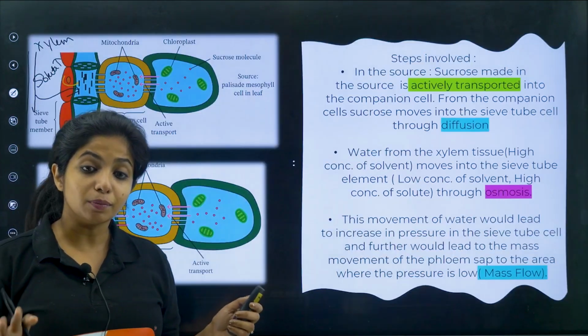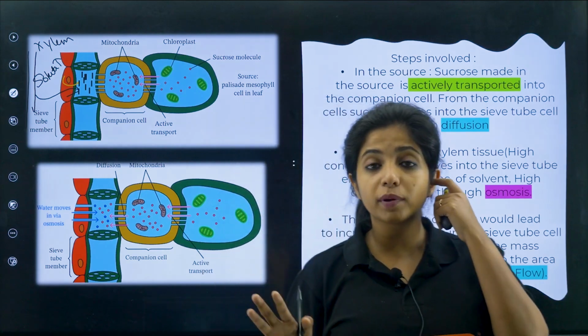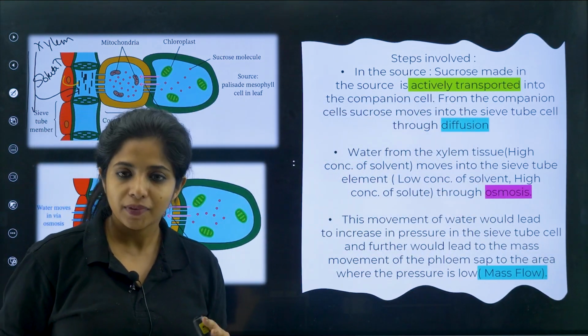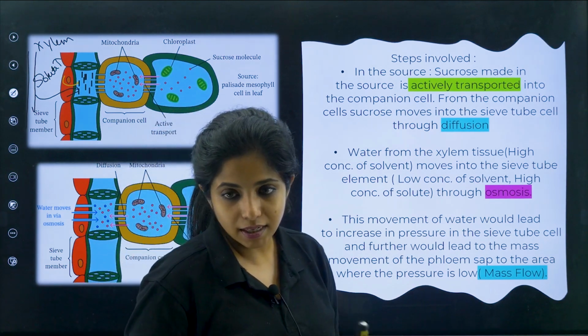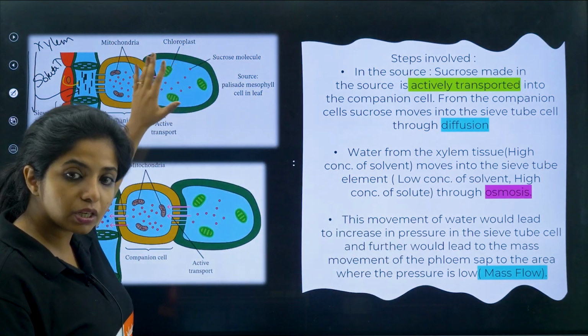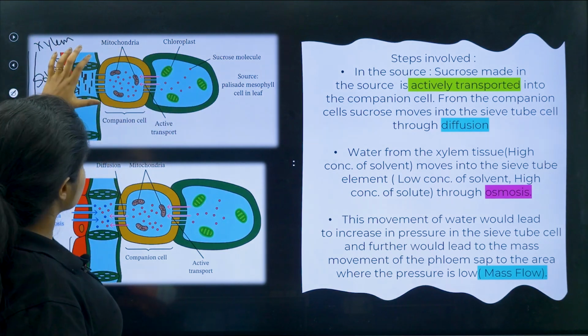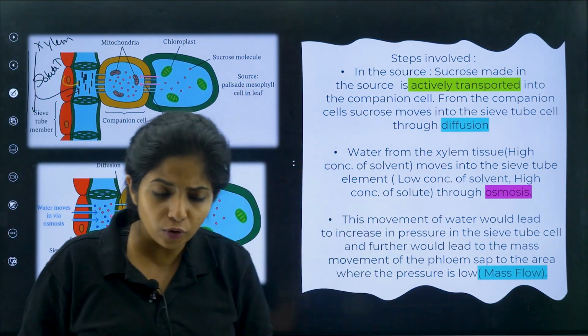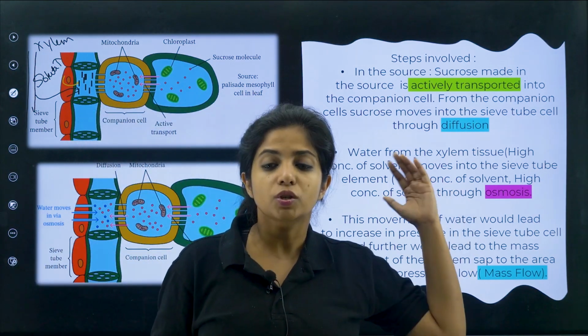So we say it moves, the phloem basically helps in the movement of food from the source to the sink, my dear children. And over here, you need to understand the things initially from the source gets into the companion cell, from the companion cell with the help of plasmodesmata gets transported into the sieve tube element with the help of active transport itself. Now since food molecule is too much, the solute is too much, solvent from the xylem